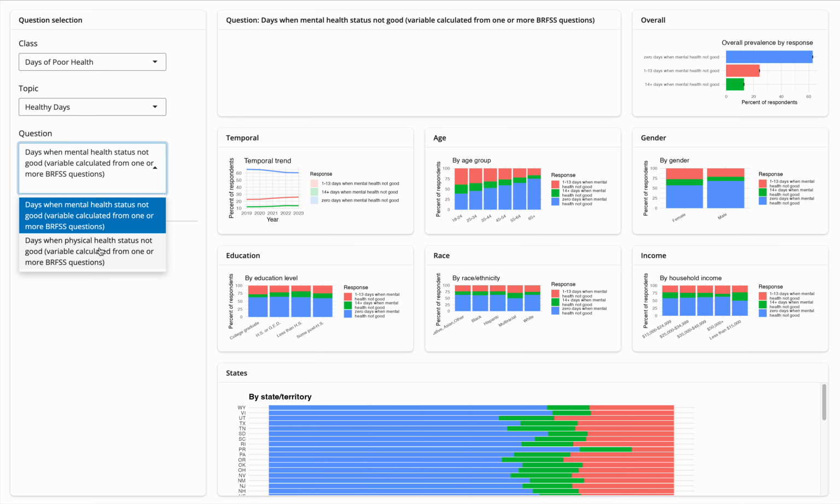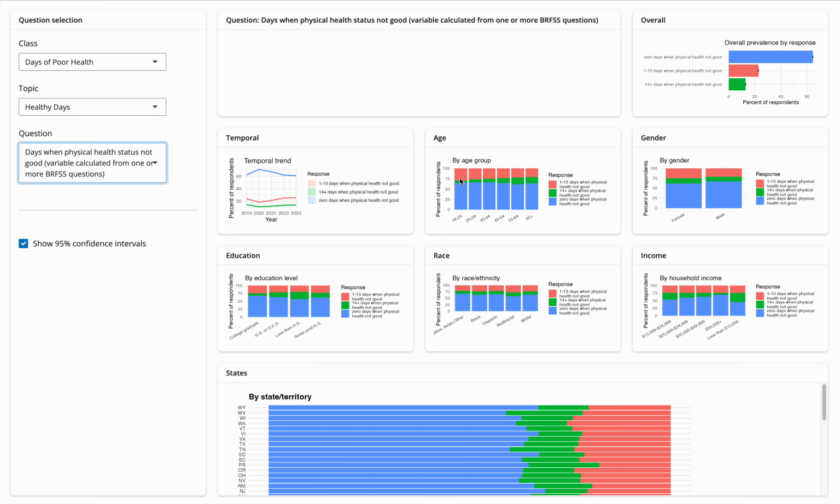And it's really the opposite though when you look at physical health. The younger generation is in much better physical health if you look at the age. And as you get older, it gets worse and worse, where you have more and more days when your physical health isn't good. Again, money has a large correlation, less than 15,000 higher rate. If you have 50,000, it's the highest rate. Same thing with education. If you're educated, you probably make more money. It's a better rate of health.